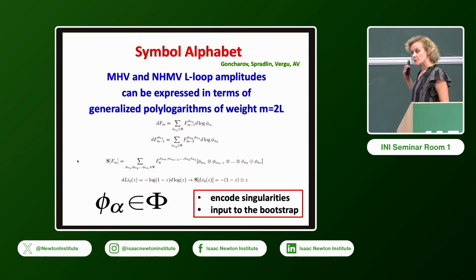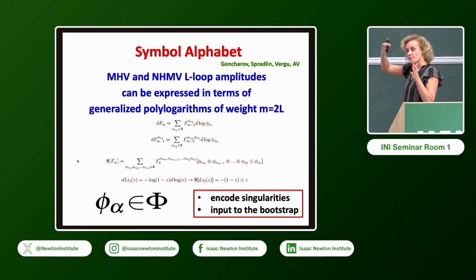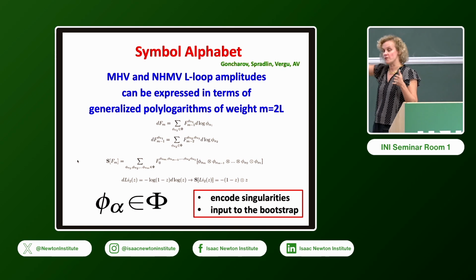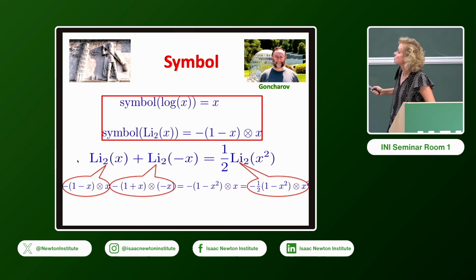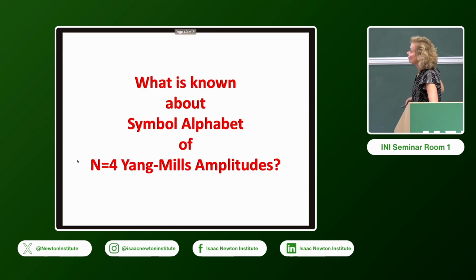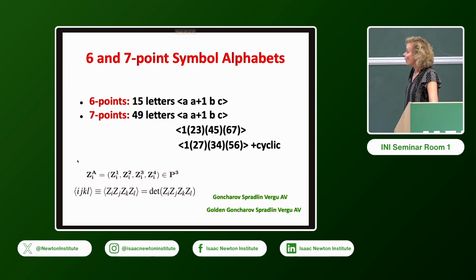Now that I have explained to you that amplitudes are functions of those kinematic variables, I will not be talking about the whole function. I'm just going to be talking about the symbol. So instead of talking about log, I will just be talking about x and things like that. So what do we know about the symbol alphabet for N equals 4 Yang-Mills amplitudes? Well, we've known a lot, and there have been a lot of